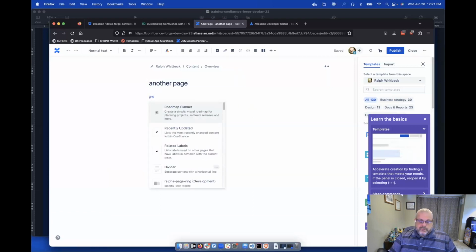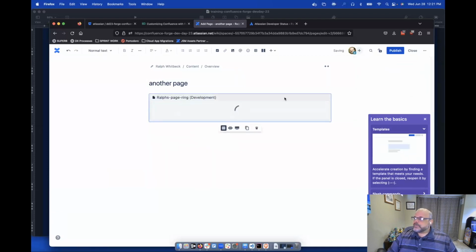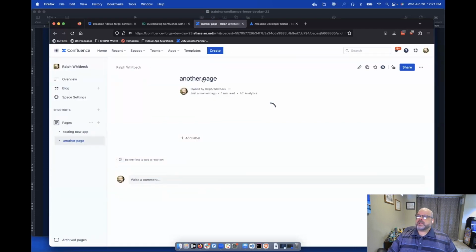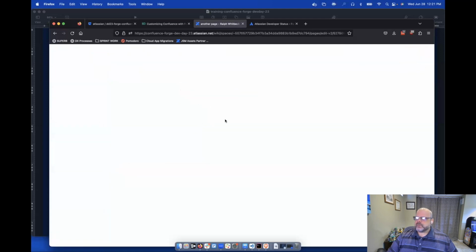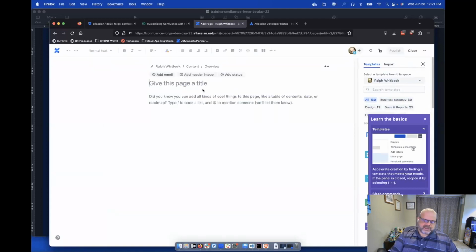And if we call else page ring, add another macro, we're adding another page to the page ring here. And so because we're on another page, our macro is displaying the next page in the page ring, which is testing new app. So there's only two here. Let's add a third one just so that when we get to the next hands-on, we can actually see, you know, three pages is the minimum you need for a page ring, so that you can have a unique previous and a unique third or a unique next page when you show